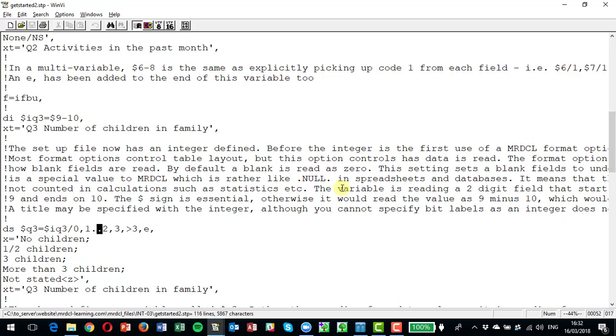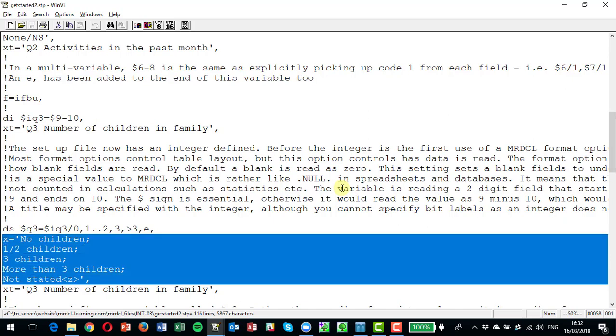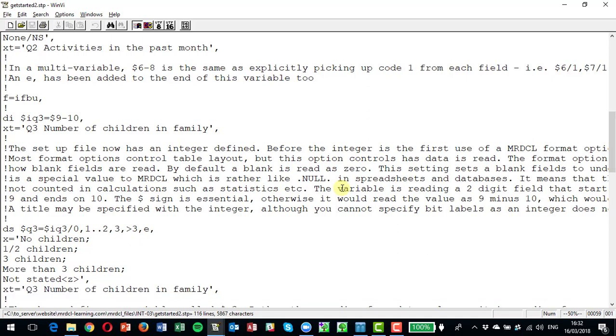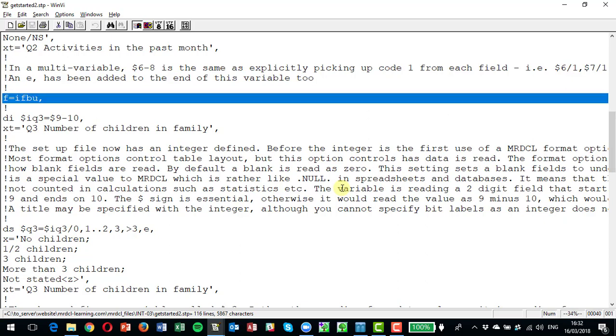So that's put my answers into those ranges, grouping them as 0, 1 to 2, 3 or greater than 3, and the text, just like before for a single response variable, is the same, with no children, semicolon, delimiting each one, and the title follows. So it's exactly the same really as we've done previously. Now one thing I want to draw your attention to here is this line of code, which was before the